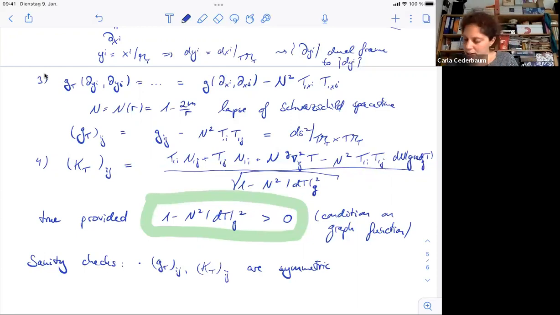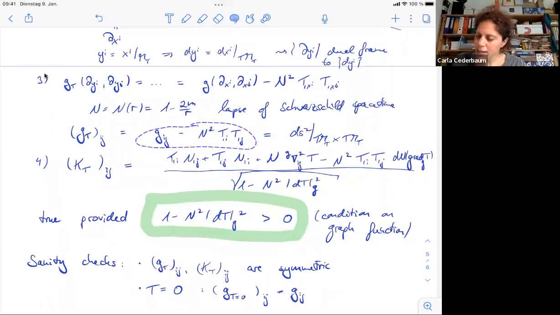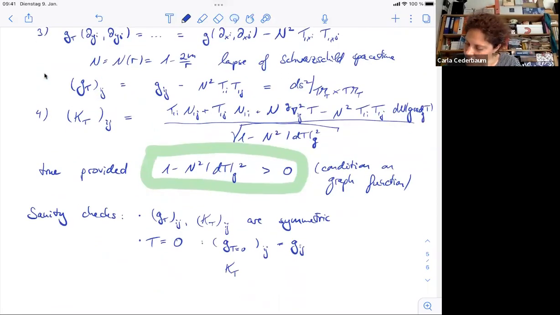Another sanity check you might want to make is that if you choose the graphical function to not change anything at all, to be the graph of the zero function, or of any constant for that matter, then we're back at the canonical initial data set, and we get g_ij equals delta_ij. Let's go here. This is the formula, minus n squared ∂_i t ∂_j t, but t is 0, so its derivative is 0, so nothing changes there. And also k_ij equals 0, if we look here,